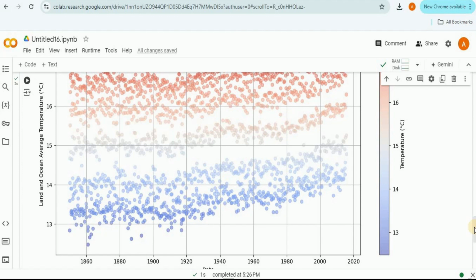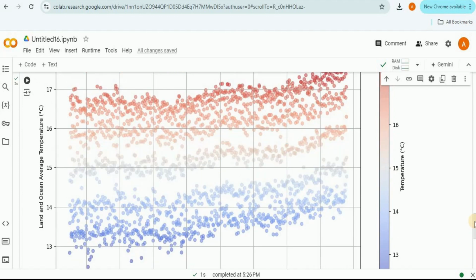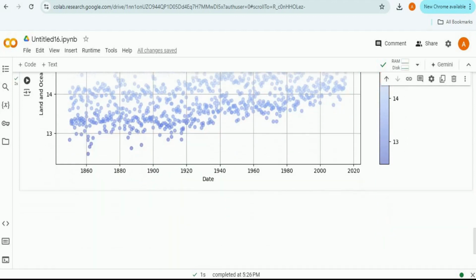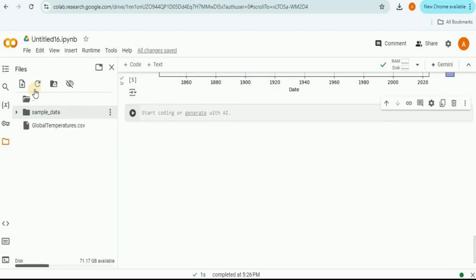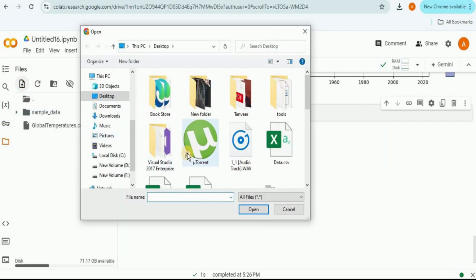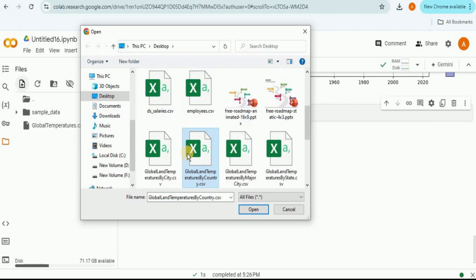So you can see that instead of asking it to create a simple chart, you can also provide it a prompt by explaining different aspects of your graph. And then Gemini will provide you with the code that will meet your requirements. Now I'm gonna go ahead and upload another file inside my notebook. And now I'm going to perform data analysis on that file. This file is also a part of the same data set. Its name is Global Land Temperatures by City.